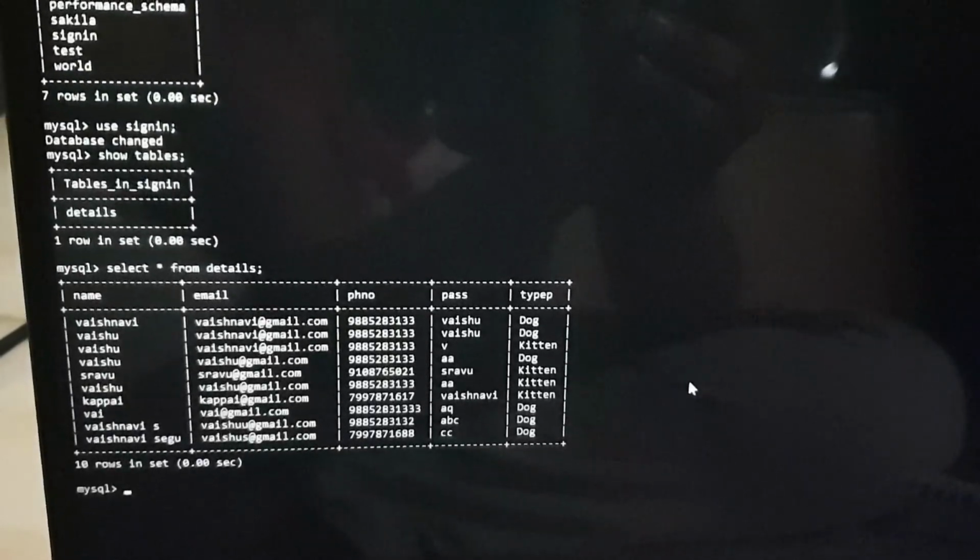And these are the details which the user has entered in sign up.